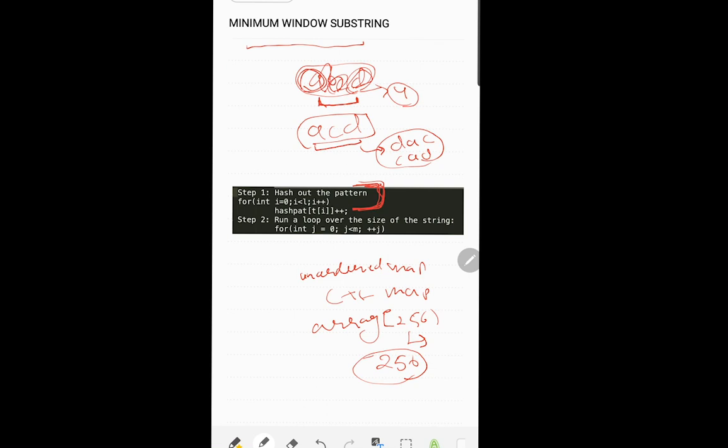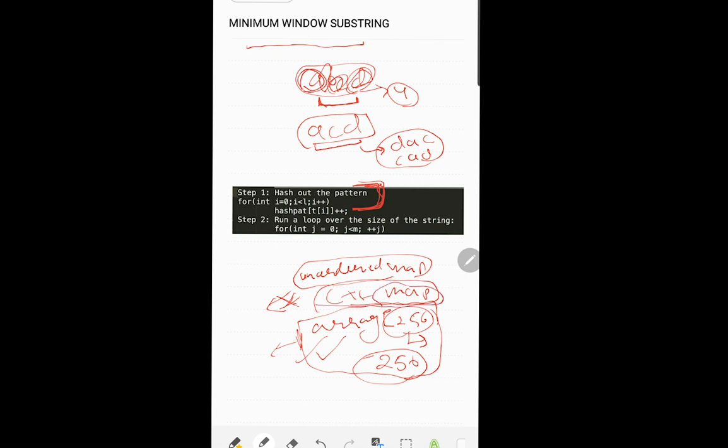Now, what we're going to take is actually this array, because we know that the characters available are fixed. If I take an unordered map or an ordered map, this just adds to my time complexity, which is of no use. So an array is the best option here. If you want, you can use the unordered map. That is still better than using the ordered map.